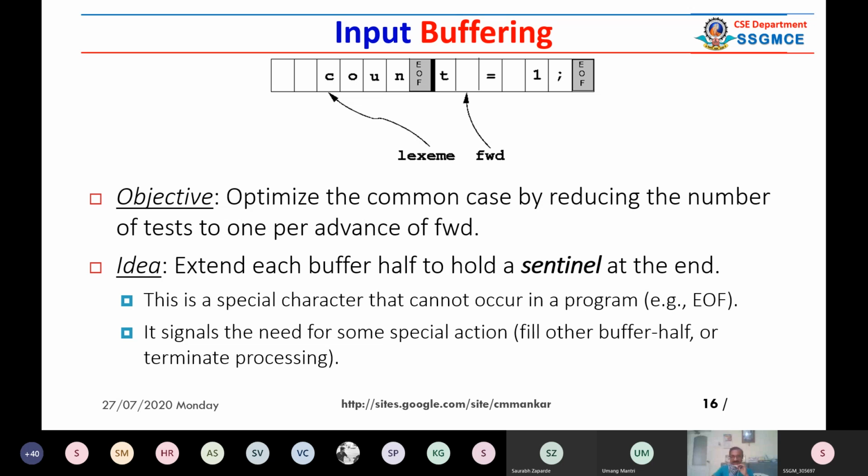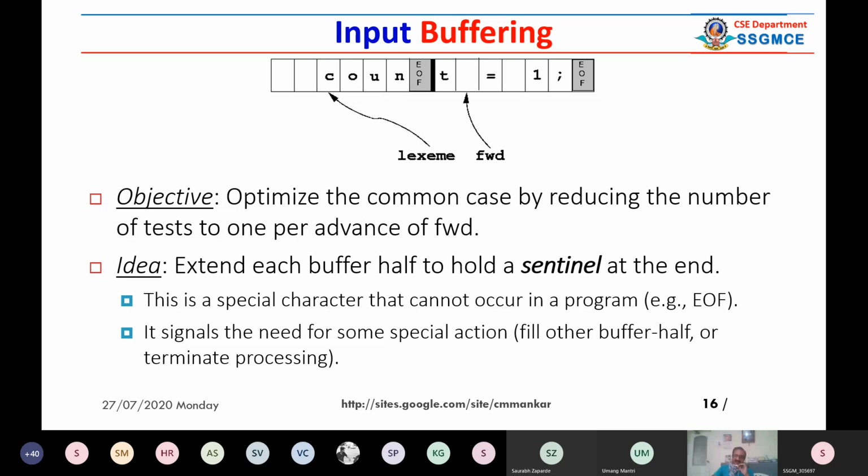For example, here count is there, COUNT. Now imagine that in the first buffer it is not possible to accommodate the complete word. So we start with C, the begin pointer is here, and we read COUN, and this is the end of the buffer.